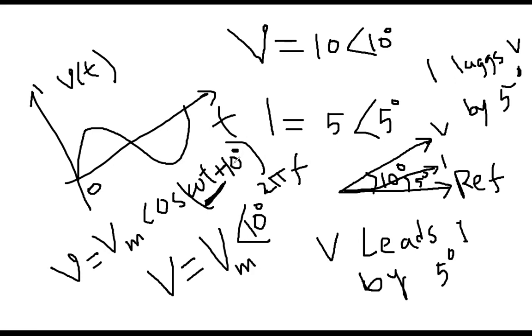You are only looking at the phase, because an AC quantity is a phasor or vector. That's why you are worried about the angle: a vector has a magnitude and a direction. That is the definition of vector. A scalar quantity has only magnitude. But an AC quantity is a vector, so the angle is very important, because it indicates the direction. Is it going anti-clockwise or clockwise? That's your phasor representation. Okay, I hope you understood.